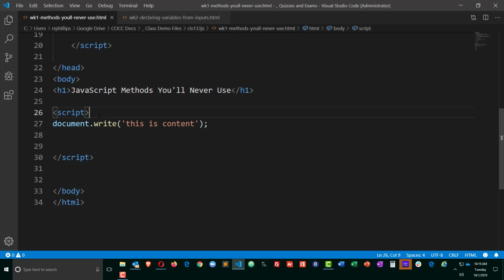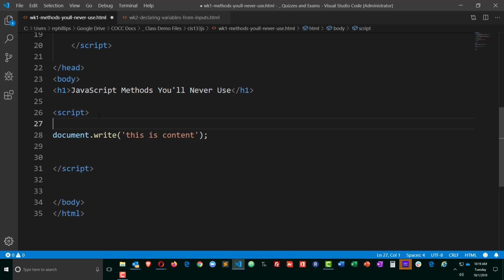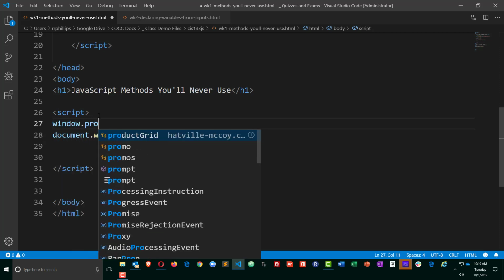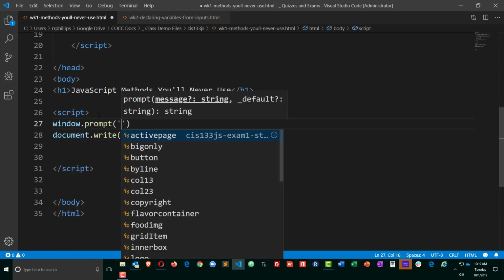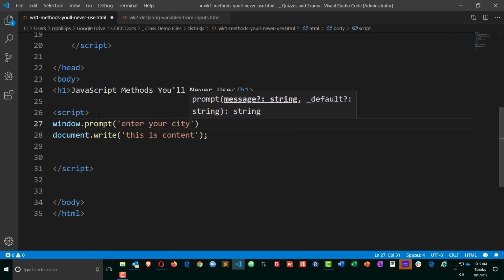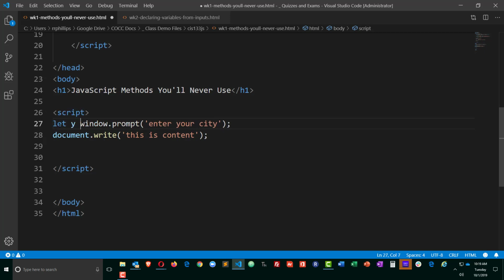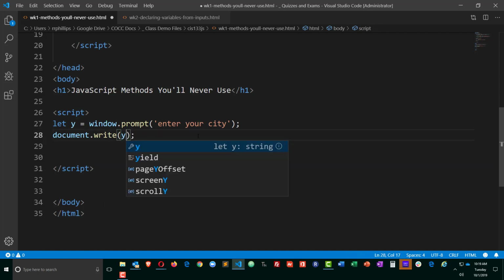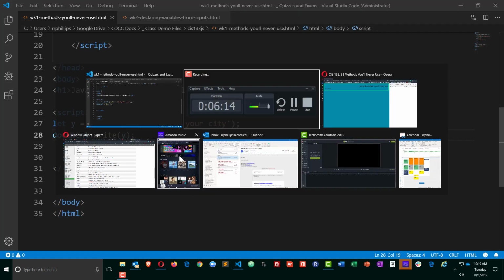Just like we did before, though, we could do something where we had a window prompt. Enter your city. And of course, I'm typing the word window there, even though I don't really need it. I'm going to enter my city. And in fact, let's let a variable equal that. So how about let y equal window prompt? And then for my document write, instead of having a string in there, I'll just have the variable y show up. So Control S to save, head back over to my browser,